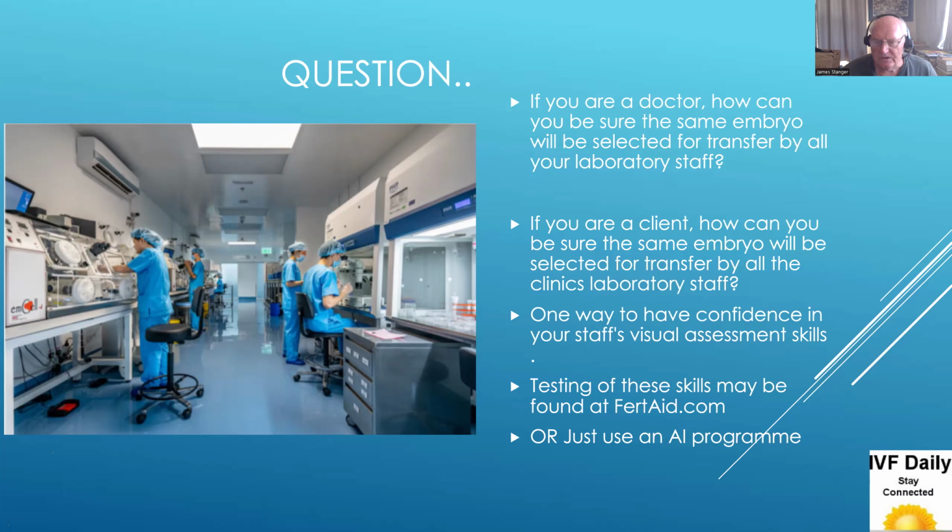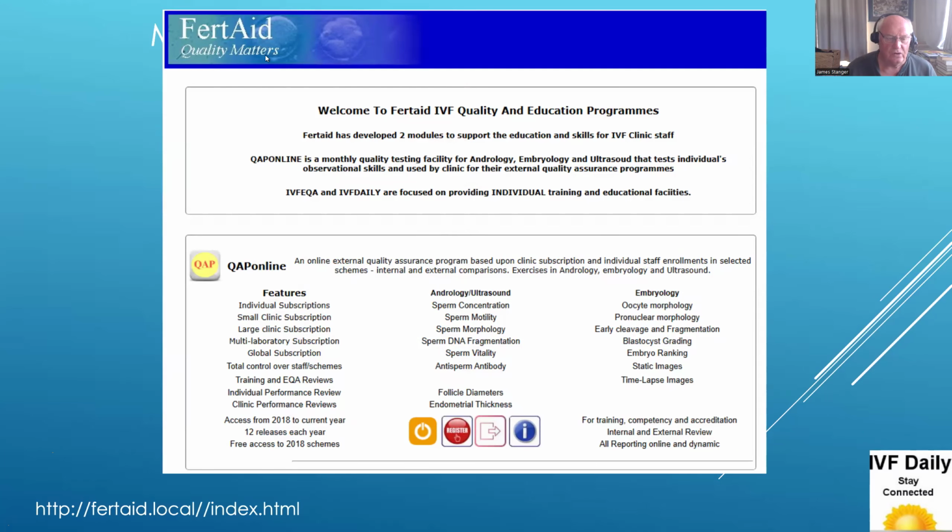One way is to have confidence in your staff's visual assessment skills, and testing these skills may be found at FertAid.com. Or you could just use an AI program, but it won't tell you much about what the embryo looks like. So FertAid.com is found at FertAid, well, this is my local one, but it's FertAid.com,